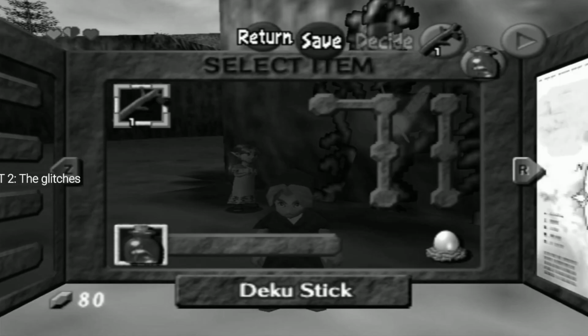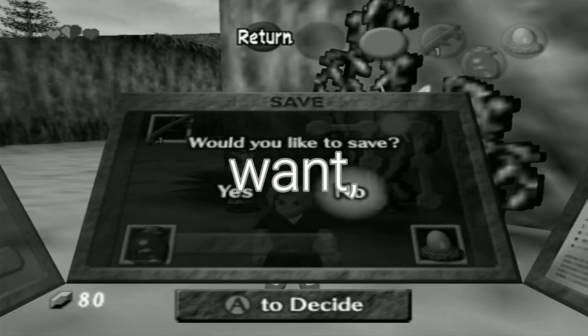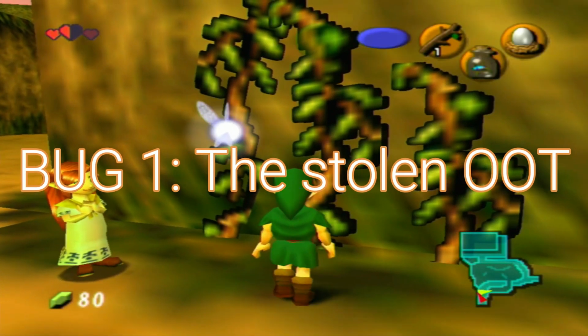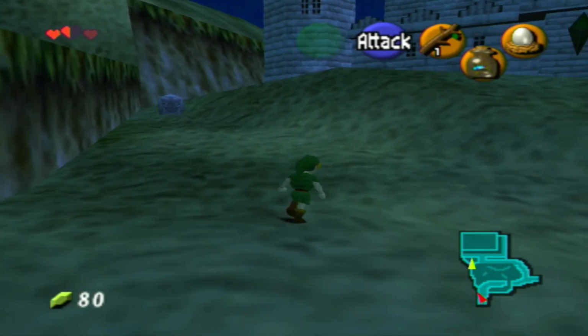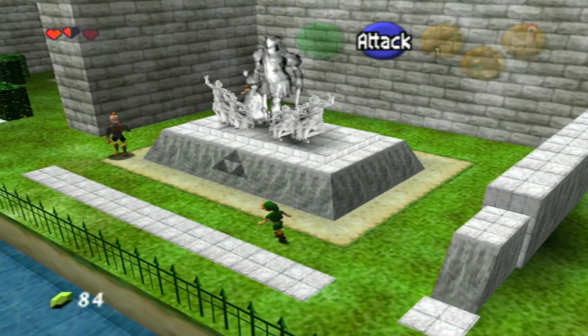Okay, now it's time for part 2, the actual glitches. You can technically do these in whatever order you want, but I'm just gonna do my preferred order. So here's bug number 1, the stolen Ocarina of Time. To do this, you basically play the game normally. Head up to Hyrule Castle, wait for your chicken to hatch, scare away fake Mario, commit multiple trespassing crimes, and